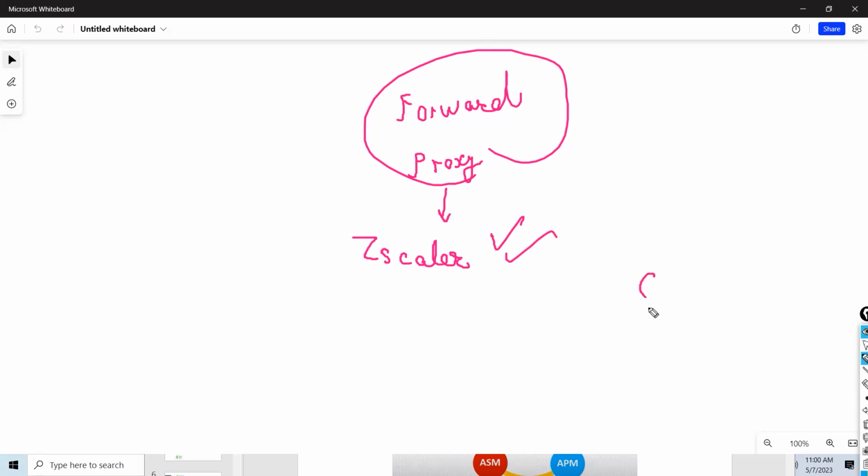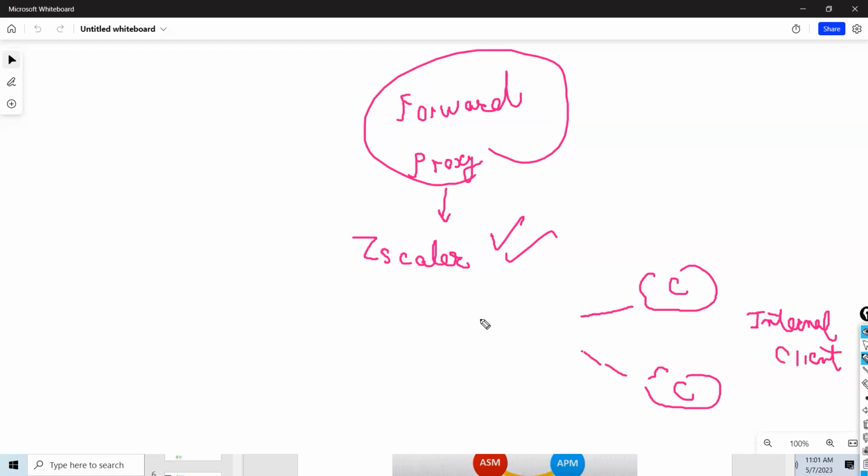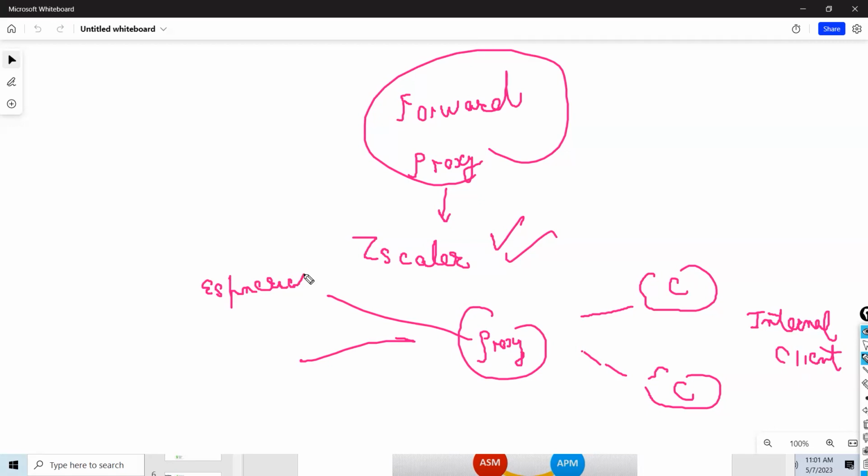So in this case, your client will be hosted here, in the internal network. Previously, the request was coming from an external client, then it was going to the internal network. Now in a forward proxy, it's the opposite. Your internal client wants to access a web page. Let's say I want to access ESPN Cricinfo. Right now, IPL is happening. So I want to access a gaming website.